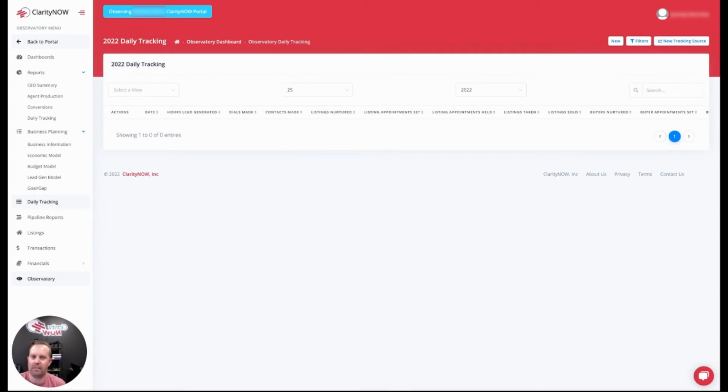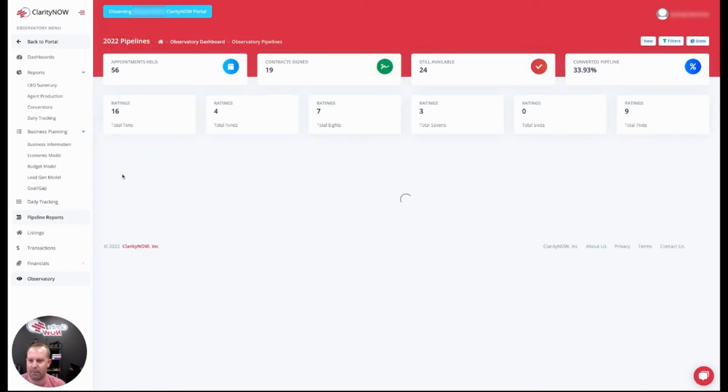And again, the path is in the math, guys. So if we want to know how to get out of the hole that we're in, we got to look at the data that we have access to in order to know what the activity increase needs to be. And if we don't have that data, we don't know what to do. So we're a little bit blind here with the specific tactics and activities that we need to get back on track.